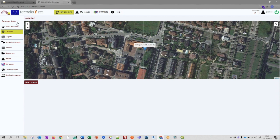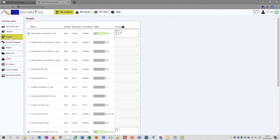One important thing you can do in the project is to define your targets. When we explained the administrator, we saw that he or she can configure the dictionary, or let's say the database of KPIs that are supported in RenoZEB. Now, in each of the projects, the user, usually the project manager in collaboration with the building owner,